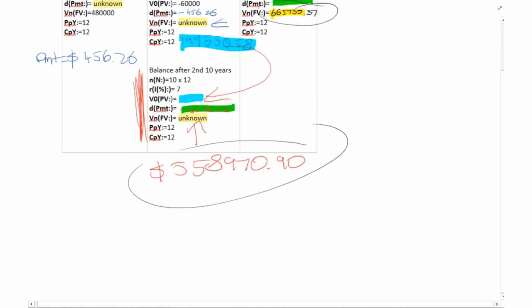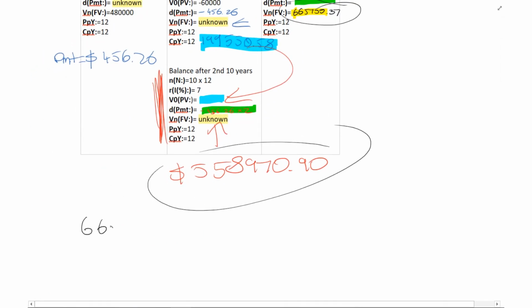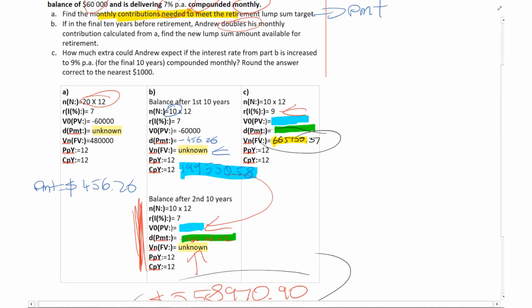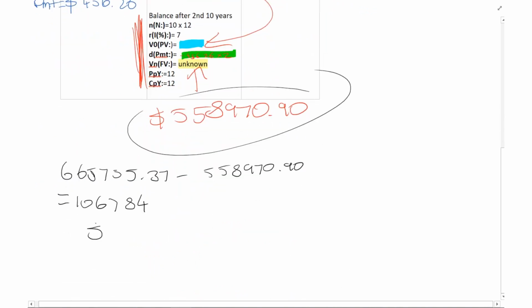Now, part C asks us to subtract basically this value from this one. So let's do that here. So that's going to be 665,755.37 minus 558,970.90. That'll equal 106,784, and then there's some decimal points there. But the reason I haven't worried too much about that at the moment is it's asking for the nearest $1,000. So our answer for C is